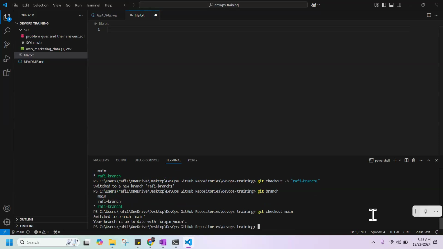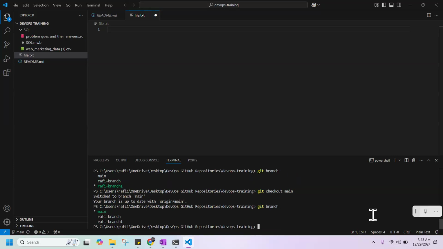But if we just want to move to another branch, we just need to write git checkout and then the branch name. Now please check whether you moved successfully to the main branch or not. Just write git branch again to check where your cursor moved. It says you are now in the main branch.